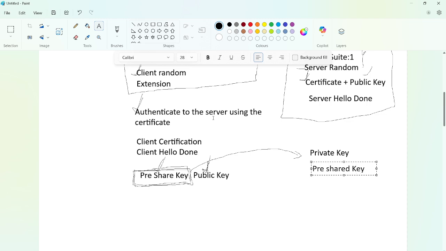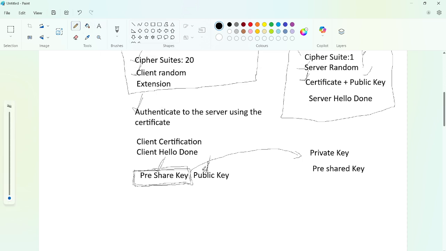So remember the purpose of the public key and the private key: the public key is helpful for encryption and the private key is helpful for decryption. Just make sure you remember this.